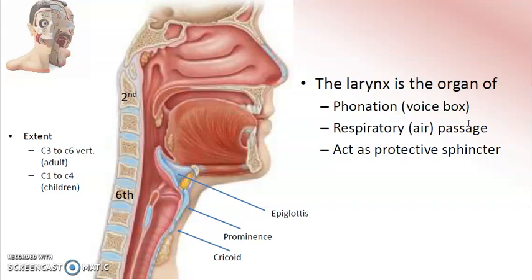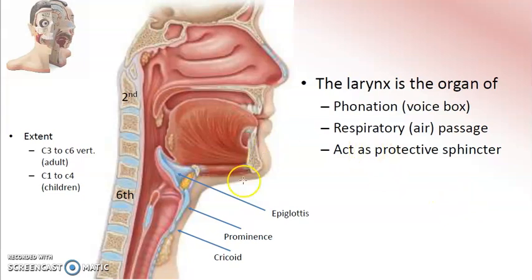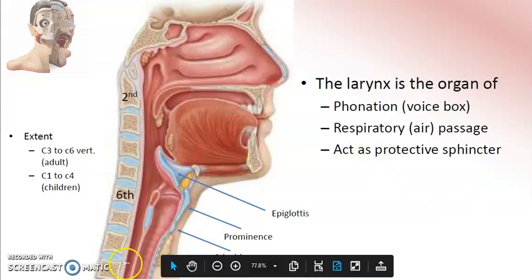Today's topic for presentation is the larynx, mainly the cartilages of the larynx. So what is the location of this larynx? Obviously in the neck. Which part of the neck? The anterior part of the neck. Which part of the anterior aspect? The lower and anterior aspect of the neck, opposite to C3 to C6 vertebra, is the correct answer.